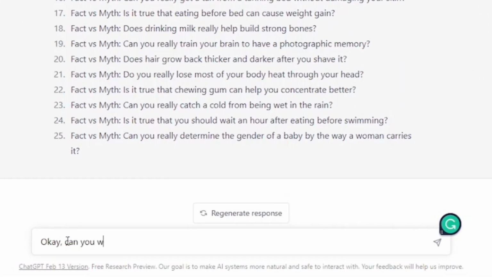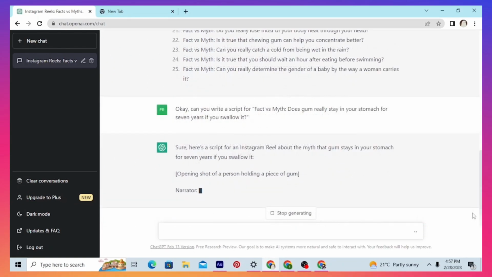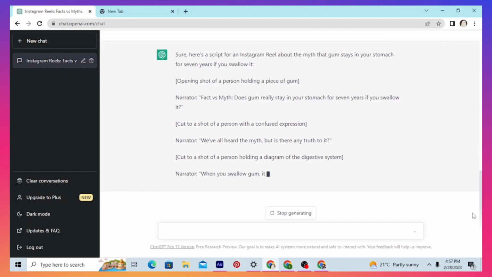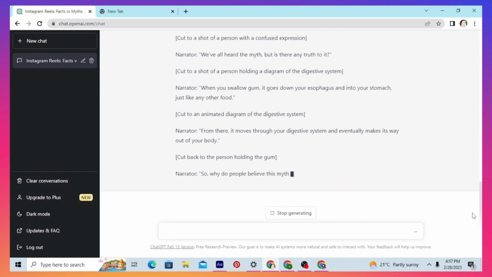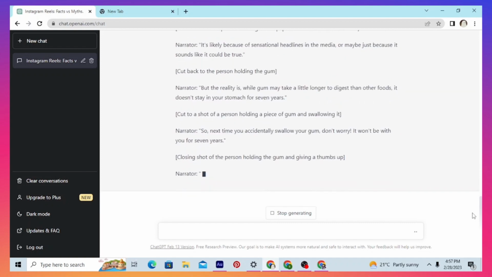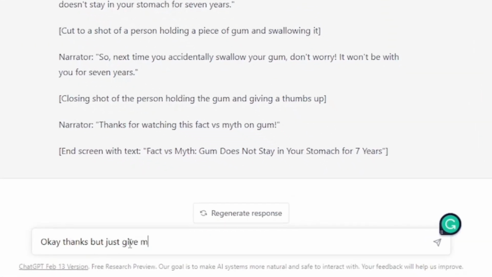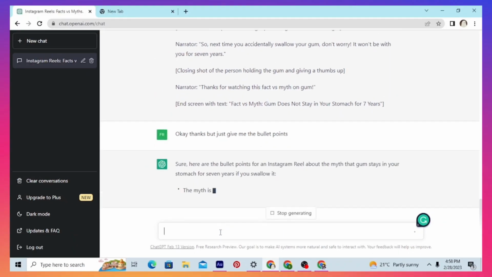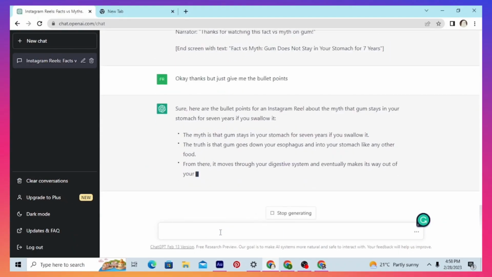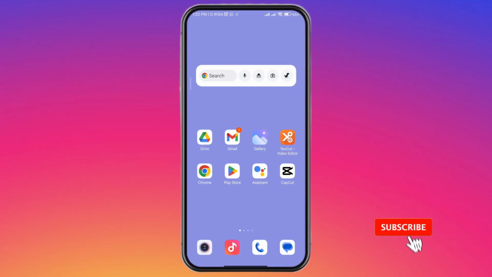And after choosing the title, I'm just gonna go ahead and again ask ChatGPT to write the script on that. It has given a very detailed script and it is amazing, to be honest. But you might have your own ideas as to how you want to take it or make it. And you can just ask for only the bullet points and ChatGPT will deliver that. I'm 80% copying ChatGPT, so once this script and video idea is ready, let's head over to CapCut